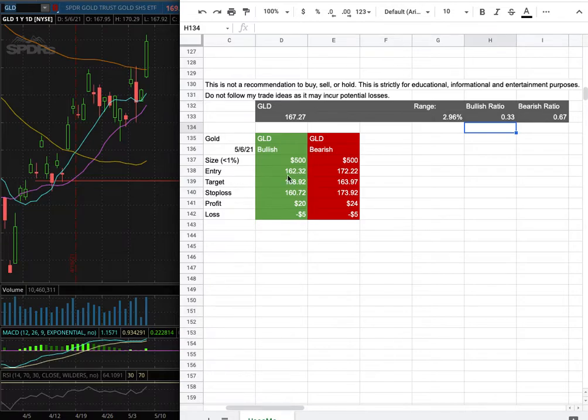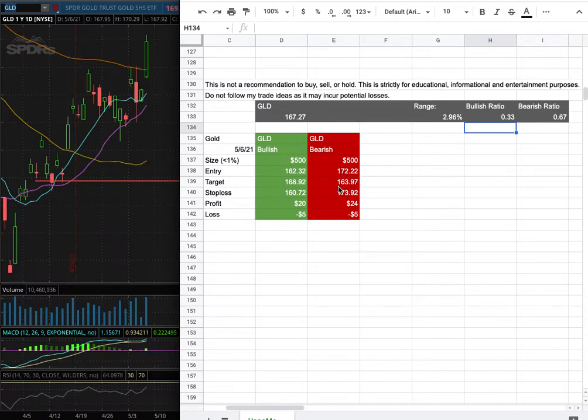My long entry is at $162.32, and that is this range here. My sell target is at $168.92, and my stop loss is at $160.72. However, if I were to open a short position, my entry is at